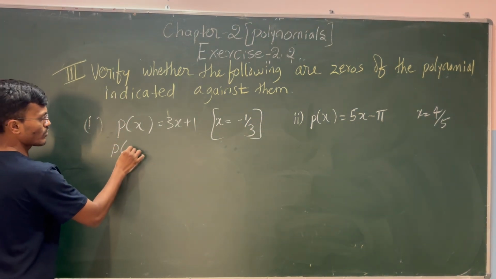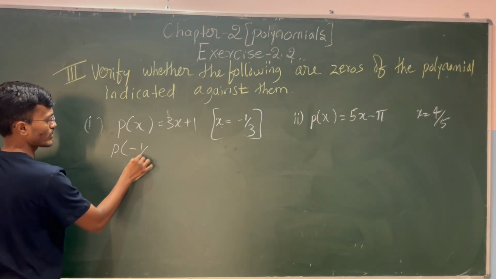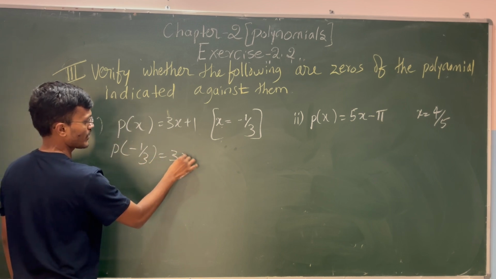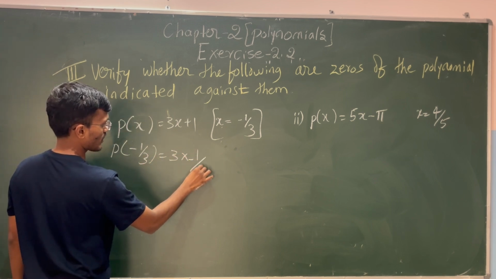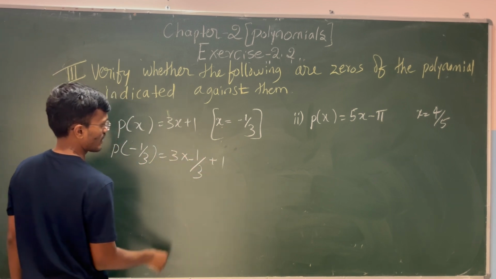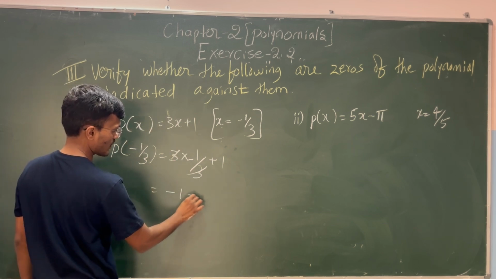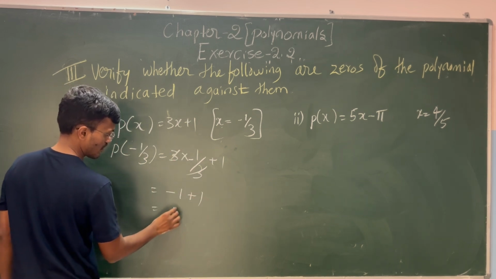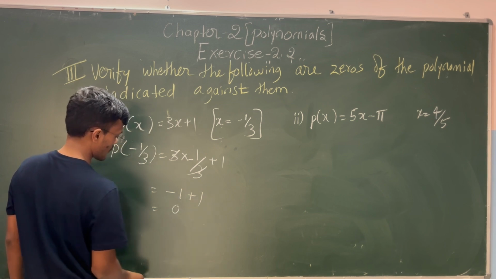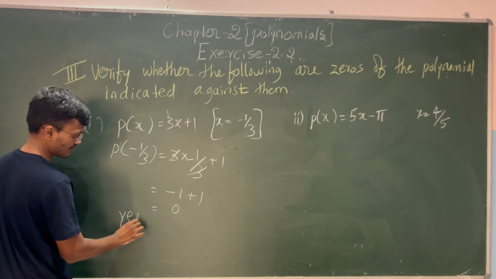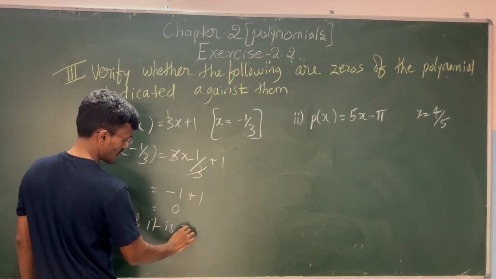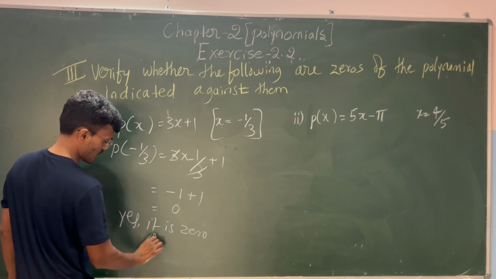So p of x, x means minus 1 by 3. Here 3 into minus 1 by 3 plus 1. So 3 cancels. So minus 1 plus 1, minus 1 and plus 1, it is 0. Yes, it is a zero